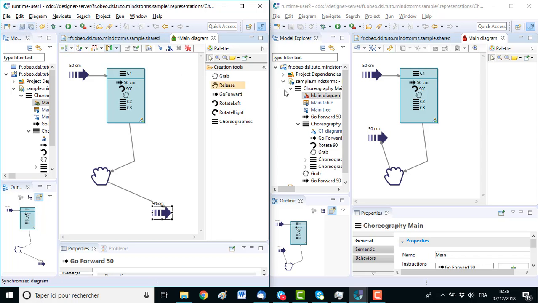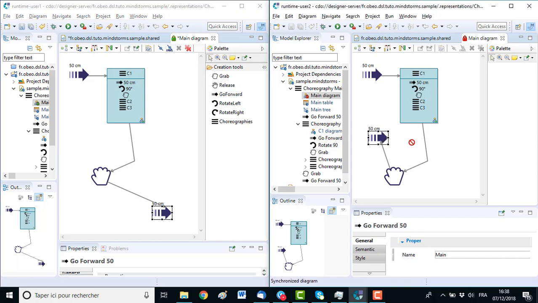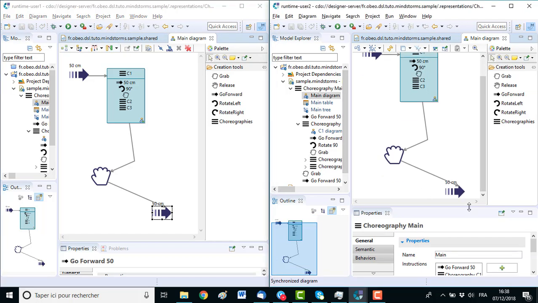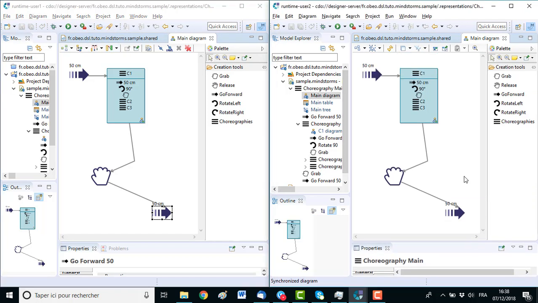And if I save, user 2 can't change anything on this diagram because it is locked. And as soon as user 1 saves his modifications, you can see that automatically the changes are reflected on user 2 environment.